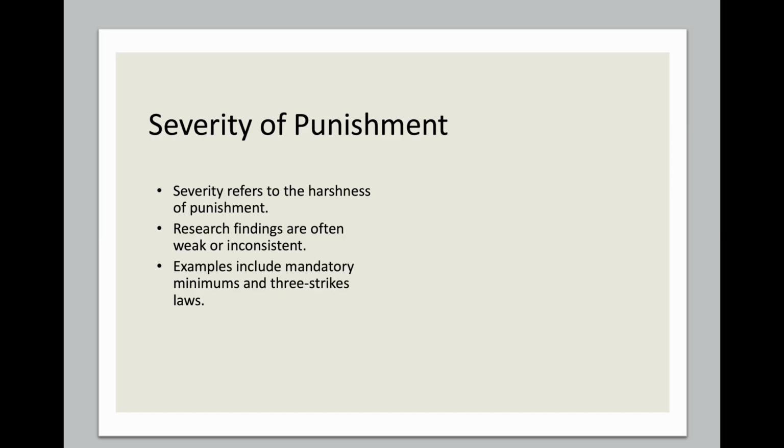Politically, harsher punishment often appears to be attractive because it signals toughness on crime. Empirically, however, increasing sentence length may not substantially reduce offending. This does not mean that severity never matters. In fact, for some offenses and offenders, severity may influence decision-making. But overall, the evidence for severity is generally weaker than for certainty. The deterrence literature generally finds stronger support for certainty than severity, which suggests that increasing the likelihood of punishment tends to produce greater deterrent effects than increasing sentence harshness.